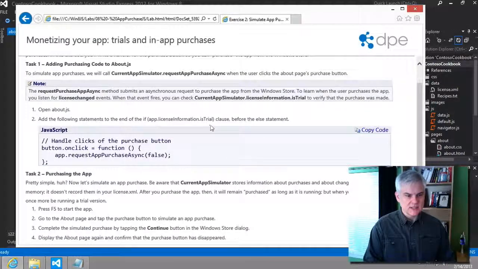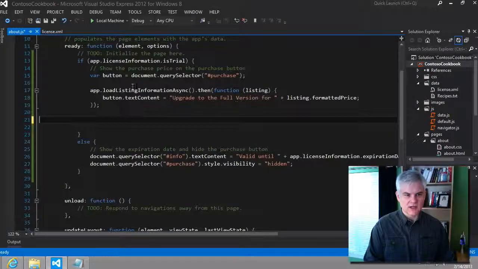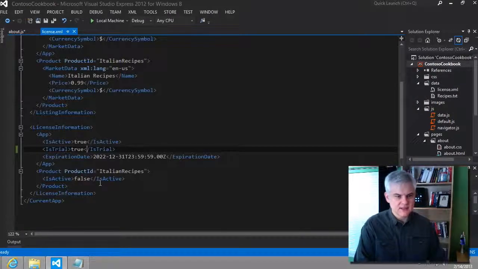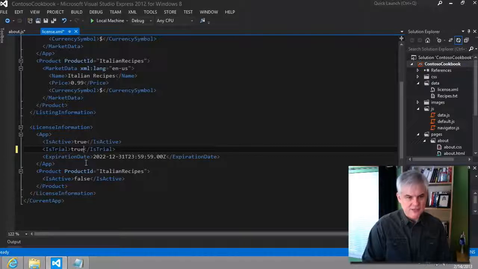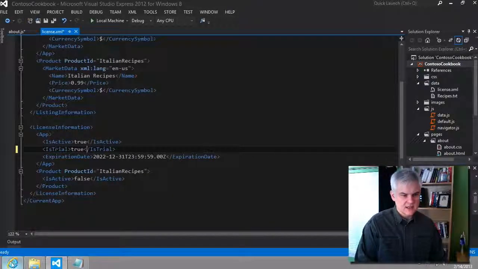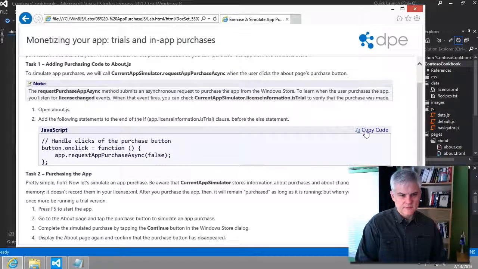So all we need to do is, first of all, let's go to the license.xml. I think we left IsTrial set to false previously when I ended the previous lesson. Just make sure you change that back to true. And so whenever we then use this little function for the on-click event of our button to request app purchase async, what we're going to do in memory